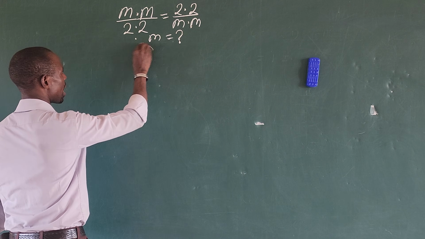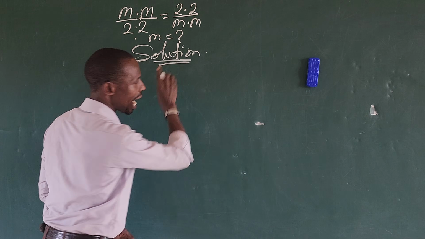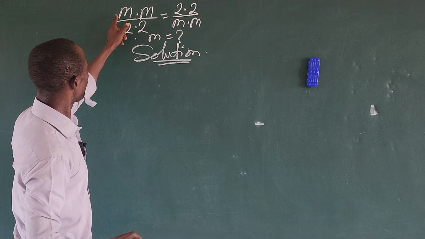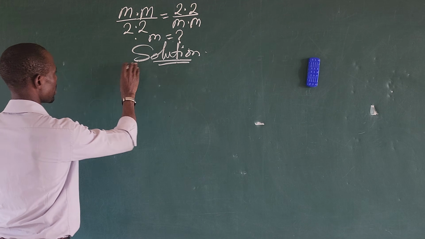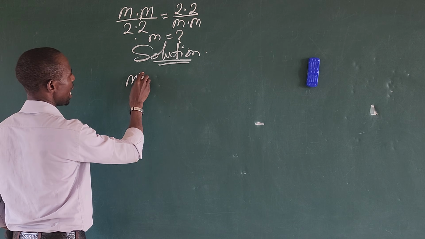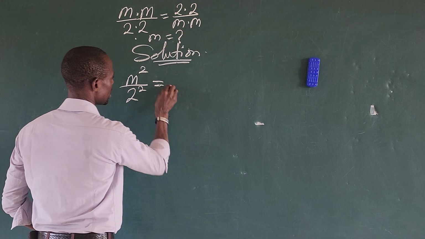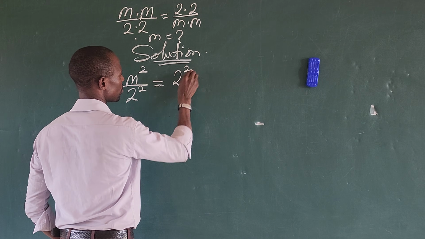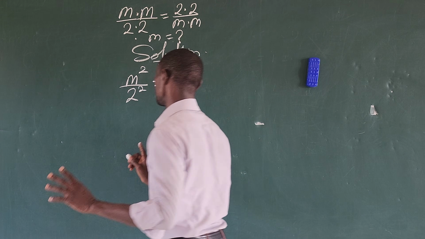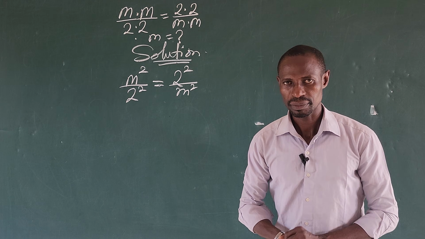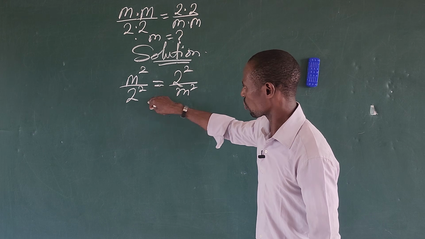Okay, so we take our solution first thing first. We just have to rewrite this, and rewrite this. This automatically gives us m to the power of 2, and 2 to the power of 2, equal to 2 to the power of 2 all over m to the power of 2. Easy, right? Good. Like I said in the previous video, we could as well say we should cross multiply,